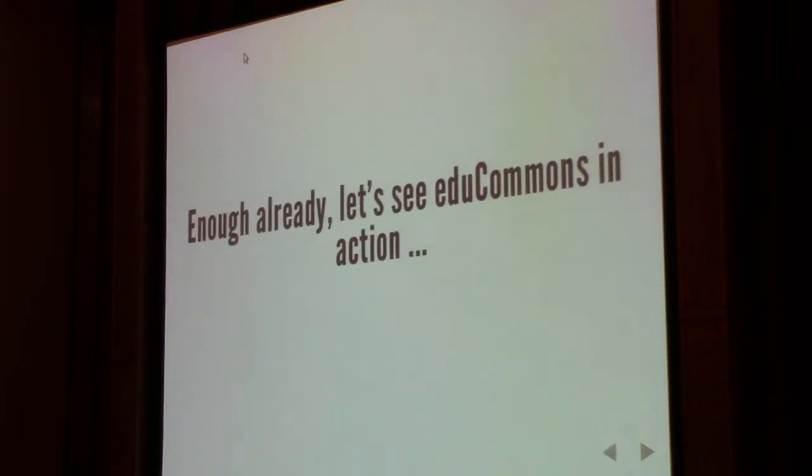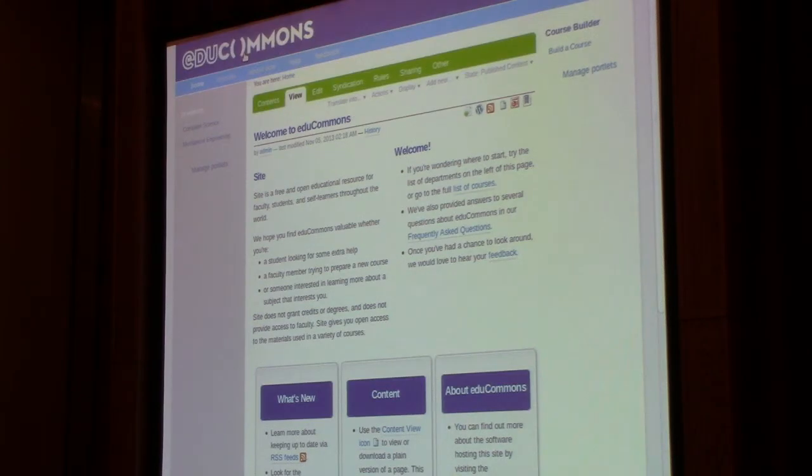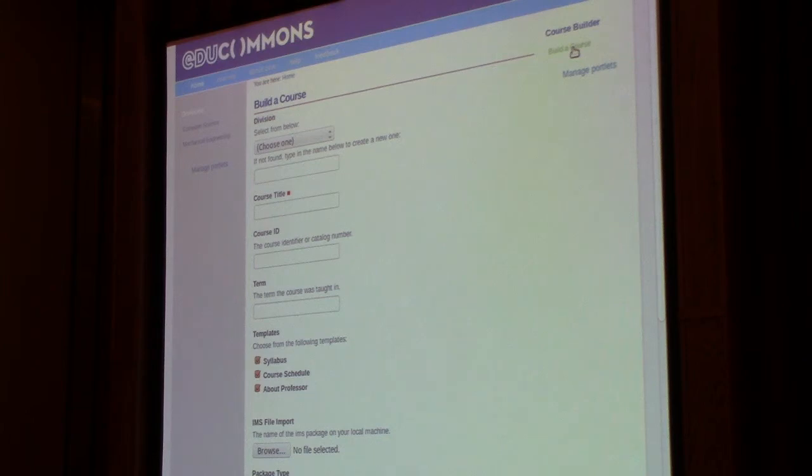Now, enough already. Let's see eduCommons in action. I'm just going to do a very brief demo. Here's eduCommons itself. We're logged in here. I'm going to show you just a couple things. I don't have time to show you a lot, but we're going to go ahead and build a course. I just want you to see how much this scaffolds you in doing it. So we're going to build something in computer science. Maybe we'll call it